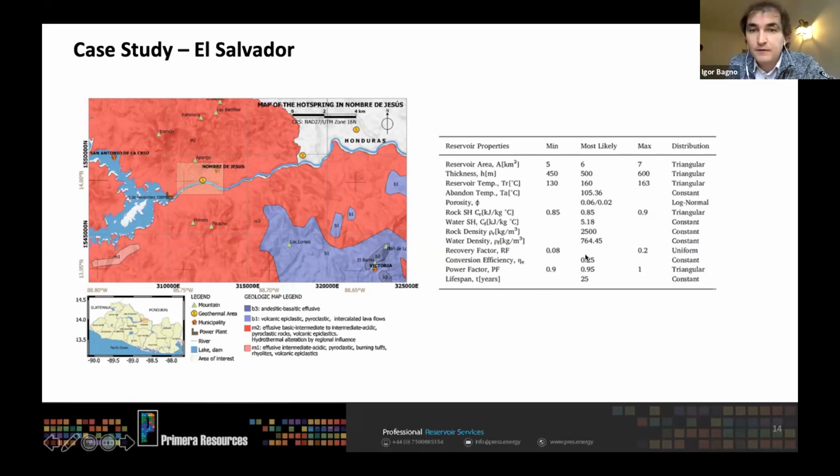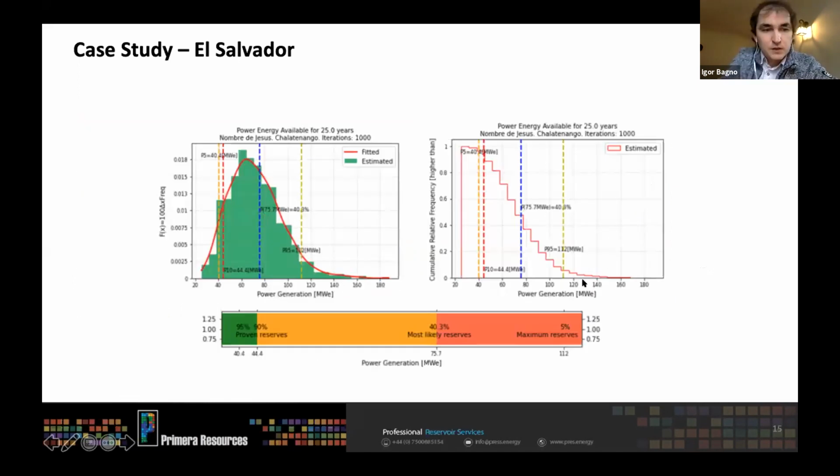Conversion efficiency depends on the type of the plant. Again, we mentioned binary plant and flash, and different stages of flash. You have a type of system which is called organic Rankine cycle, which helps you to optimize the system and use latent heat from the steam which is already past the turbine. So you're using the heat from the steam which has already generated the electricity, and you're using it to heat the rest of the system. Efficiency for the power plant can be around 90-95%, and we're evaluating the project for 25 years. So I'll move to the